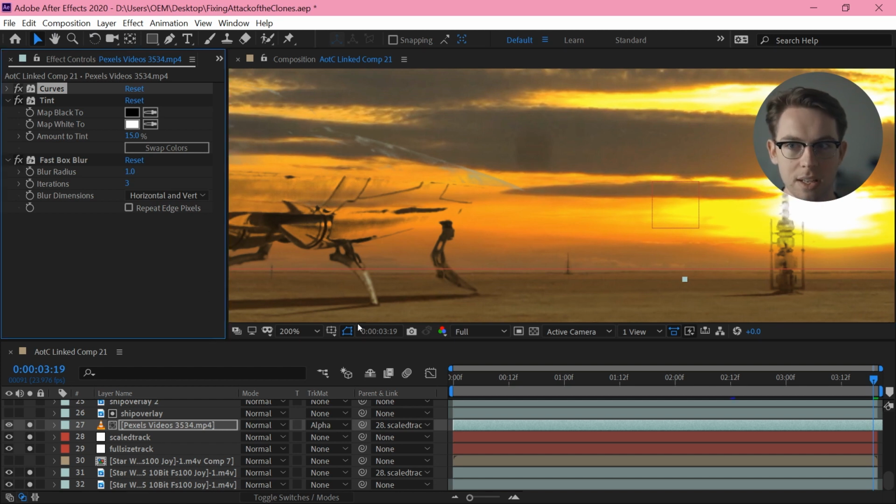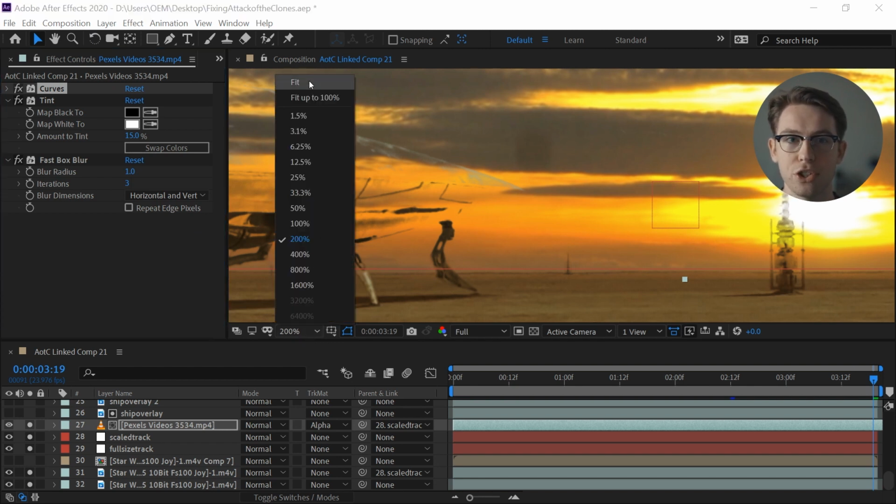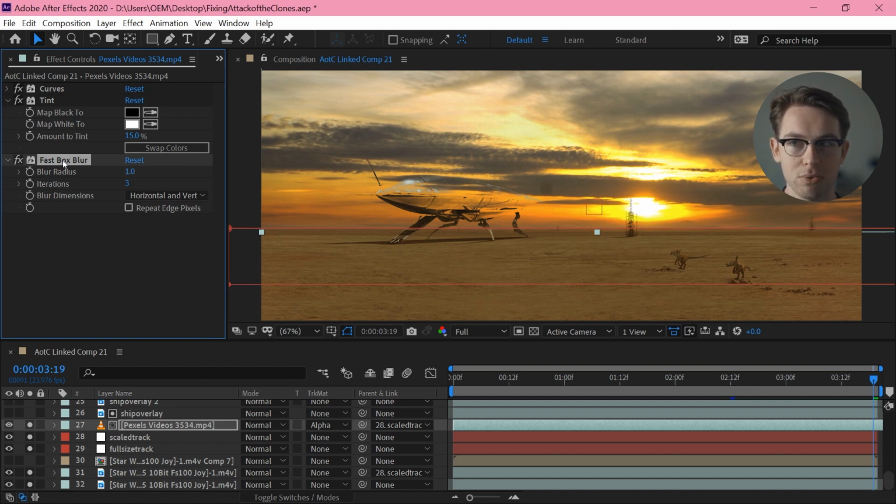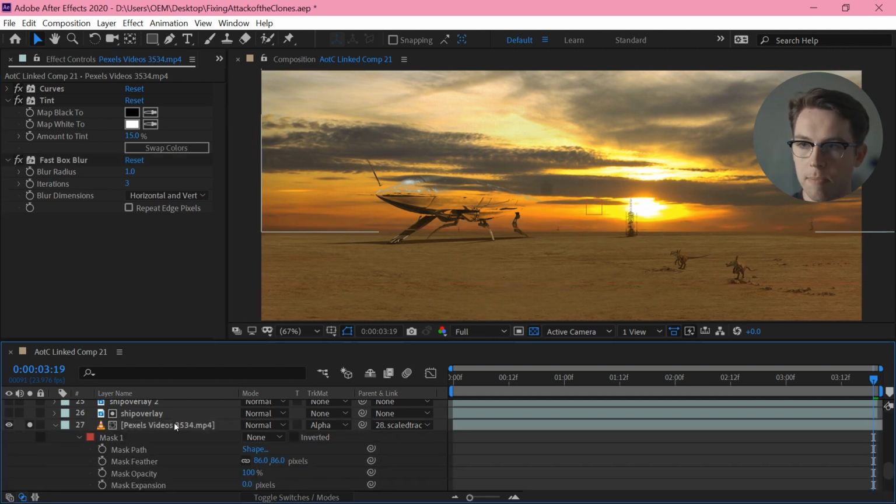And that's something that a lot of the compositing on Attack of the Clones missed. The backgrounds are often sharper than the foreground, so it's a very simple thing to do. Just chuck like a 1 pixel radius box blur on it, and it's all good. I'm masking it so that it ends before the horizon, blends into the original footage just a little better, which maybe looks a little worse right now, but we'll get to that.